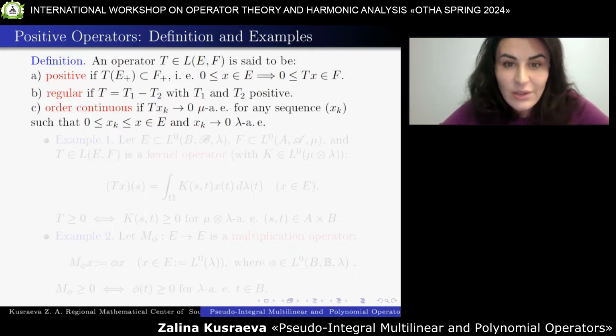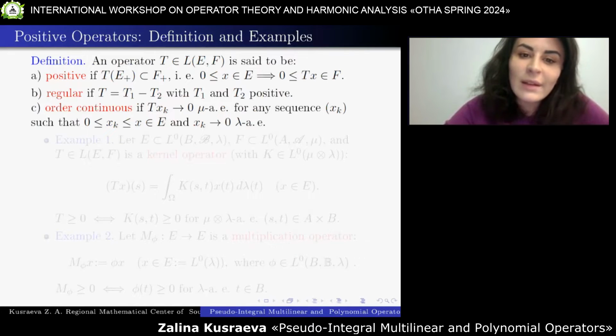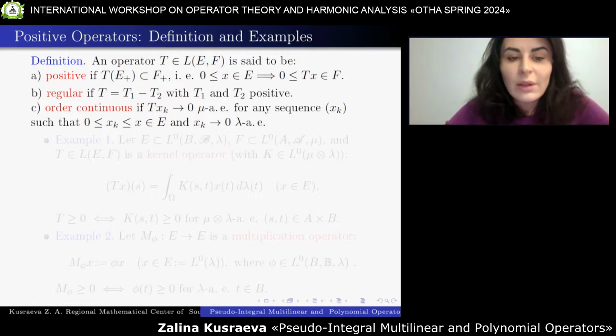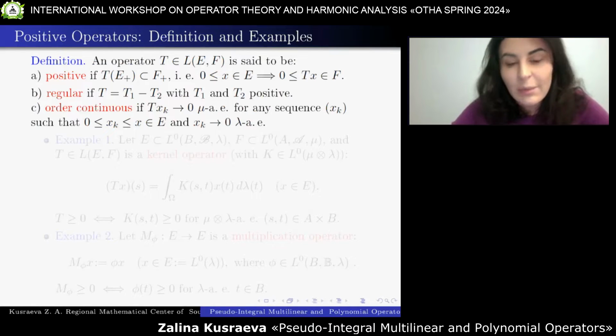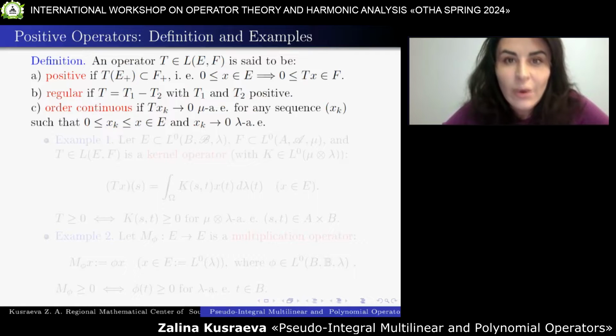Now several definitions. We denote by this symbol the space of all linear operators acting from E to F, and we call a linear operator positive if the image of a positive element is positive. We call it regular if it is representable as a difference of two positive linear operators, and we call a linear operator order continuous